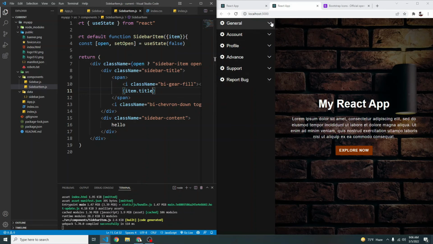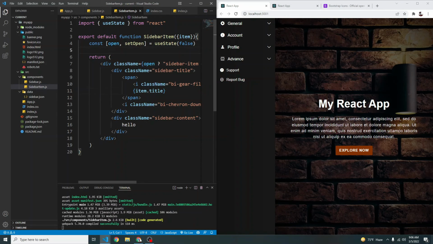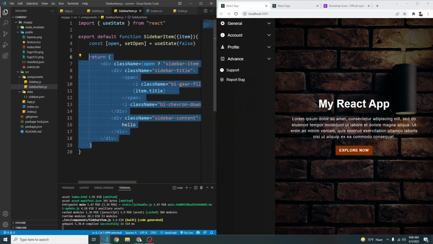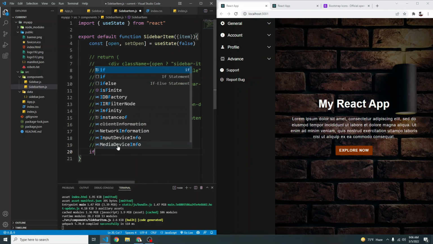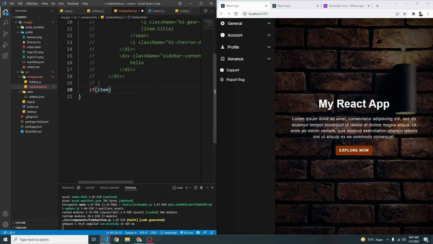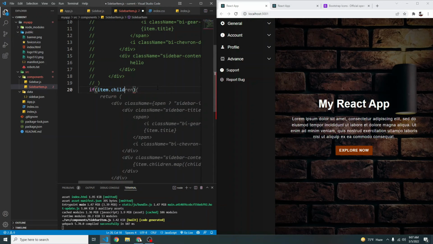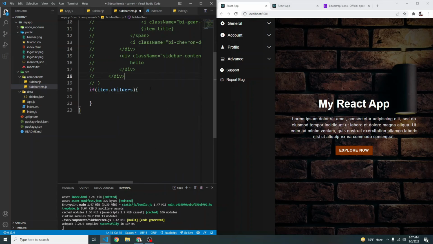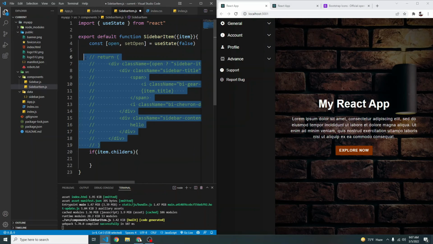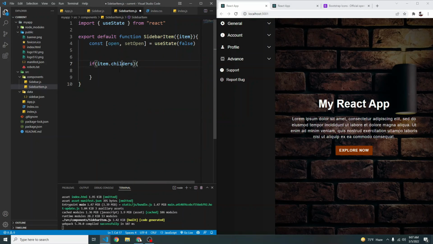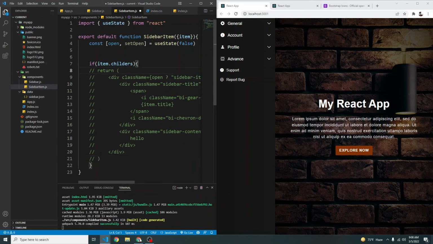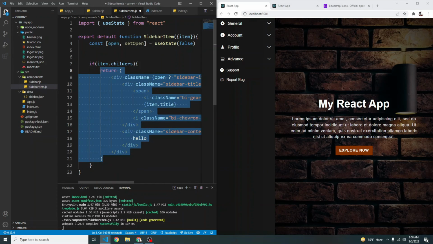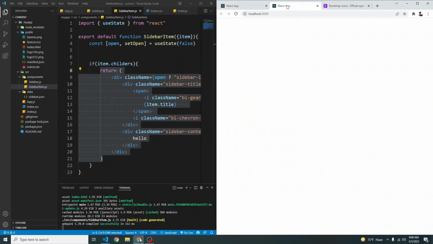Now one problem here is, as you can see, some have submenus, some don't. So we are going to conditionally return two types of markups. So instead of this, I'm going to press Control / to comment it out, and I'm going to say if item.childrens. So if our item has an array inside it, that means it has a submenu. In that case we can return this. So let me just copy this, Control X, Control V. Let me just fix the indentation. Tab and then Control / to uncomment it. Save. Let's go here. Click on refresh.